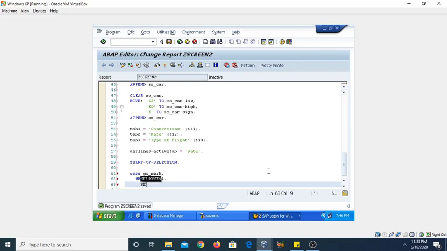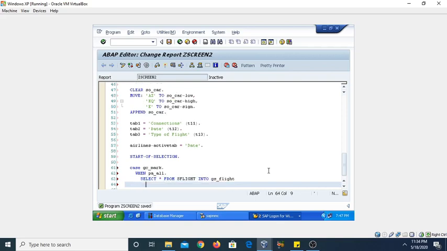So I am defining here an SQL statement, select star from SP flight into gs underscore flight where char id in so underscore char.